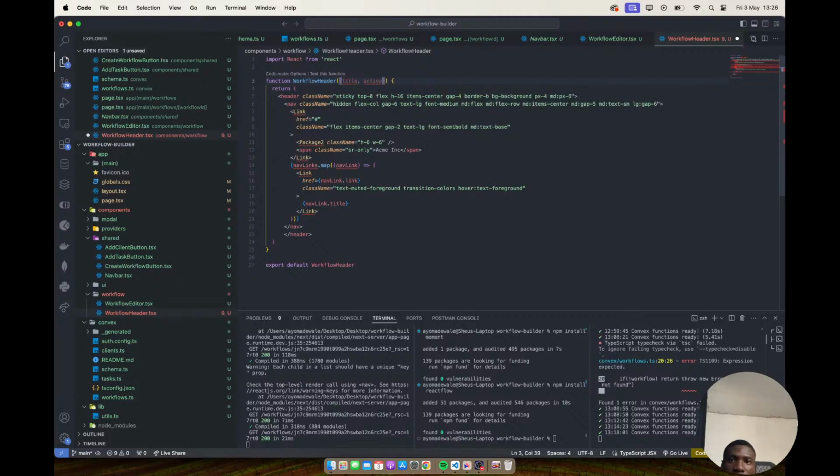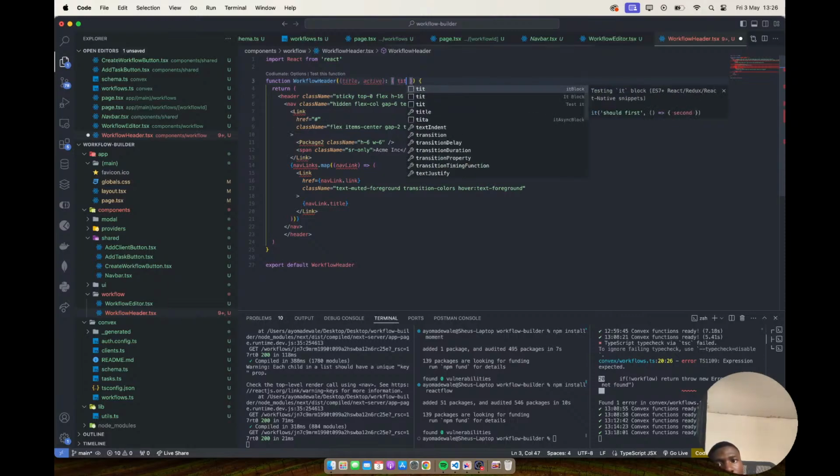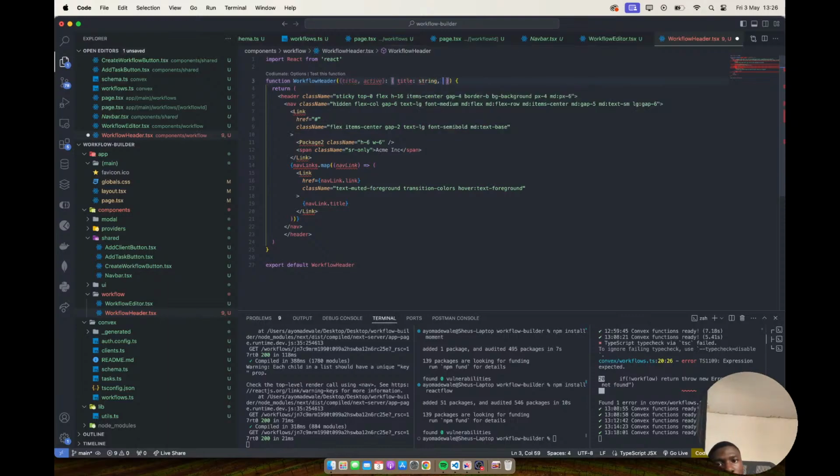These are the two things for now. Yeah, those are the two things for now. Title is going to be string, active is going to be bool, right? And we're going to have